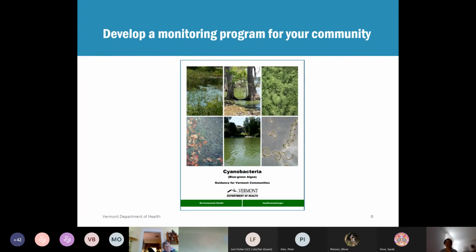We encourage all lake associations and towns with water bodies to work together to develop a cyanobacteria monitoring program for your recreational water areas. And this will really encourage a quick response for cyanobacteria blooms. Partners on this call can provide guidance and training, as we've noted. And this cyanobacteria guidance for communities document that's on our website will also be helpful in that. And that's not to replace, we still want that information going on our tracker map, but it might just make sure that your local response is consistent, everybody is in the know in that community where you are.